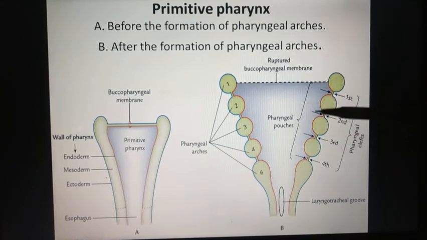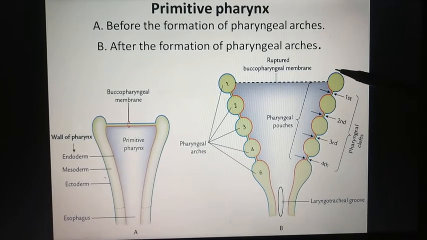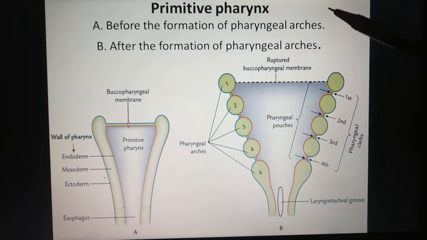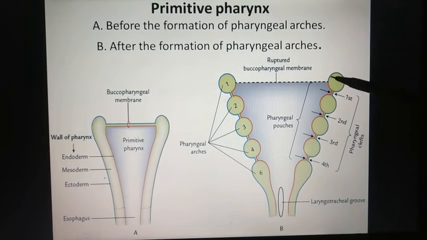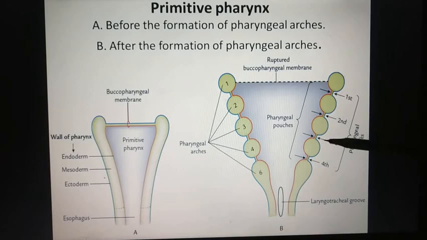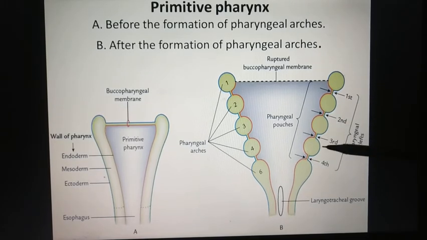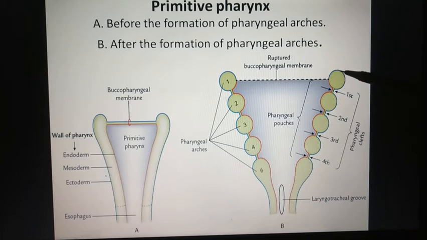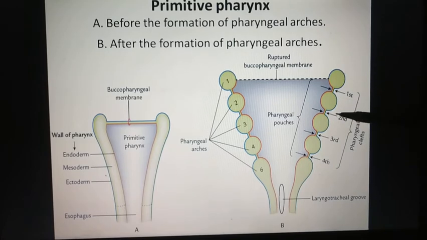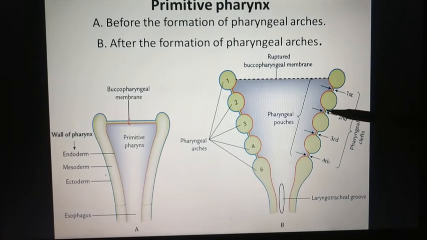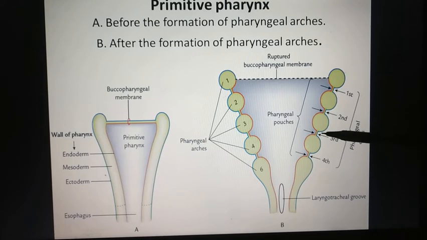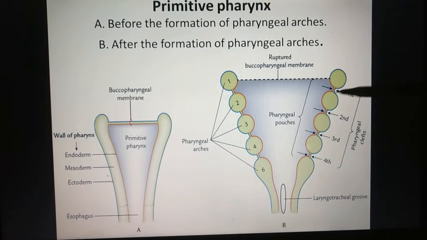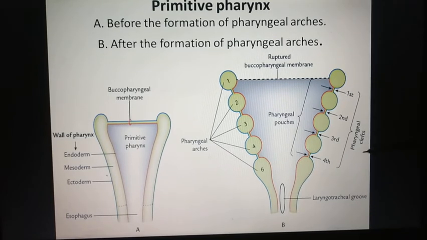These pharyngeal arches are mesodermal in origin, and they are invaded by neural crest cells. You can see this bluish structure. This is the outer lining of the pharyngeal arch. Now this outer lining is dipping inwards, and it is reflecting on the second arch, then it is dipping inwards, then it is reflecting on the third arch. This dipping of the ectoderm in between the adjacent arches is called pharyngeal clefts.